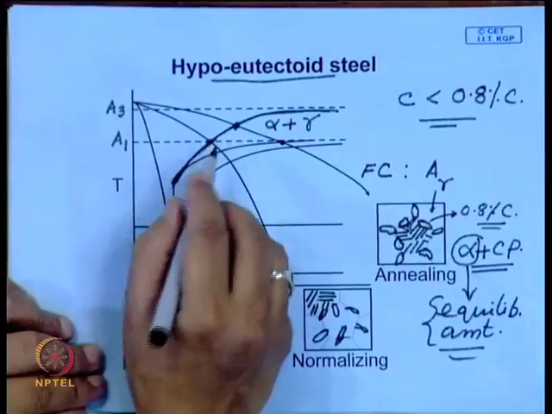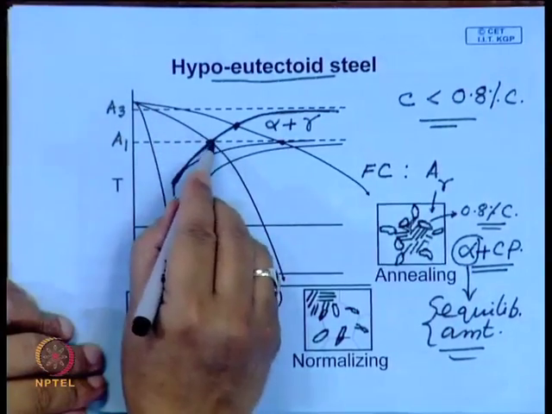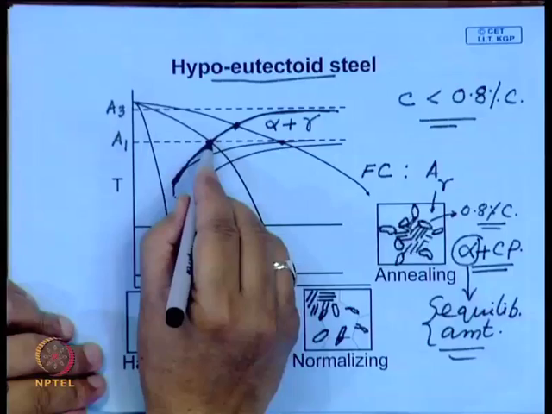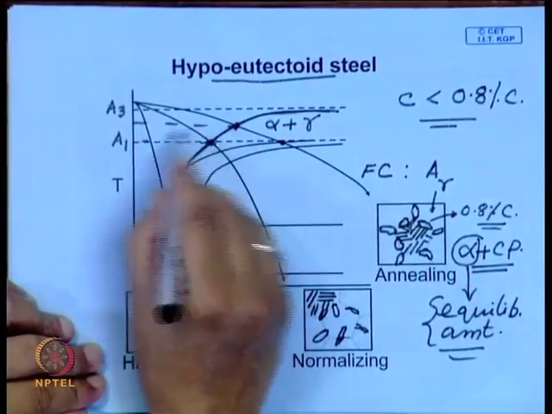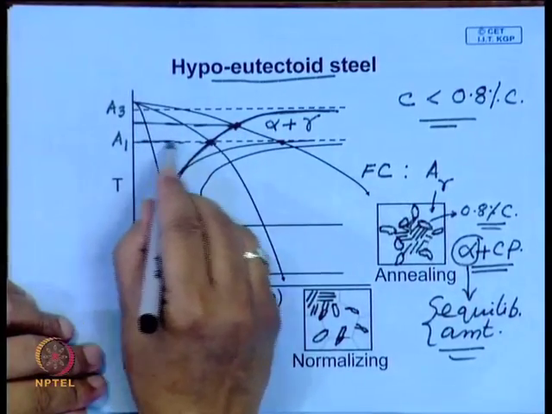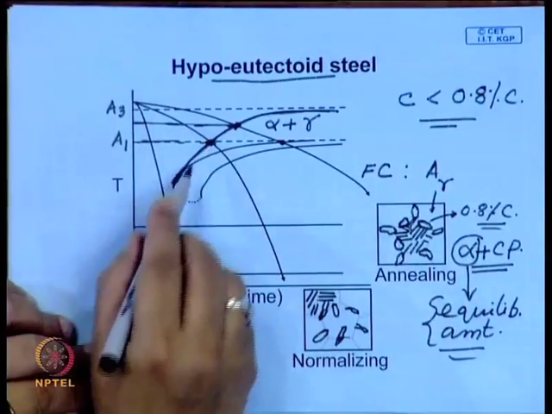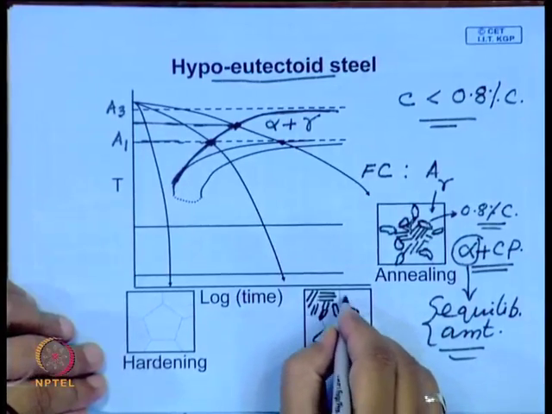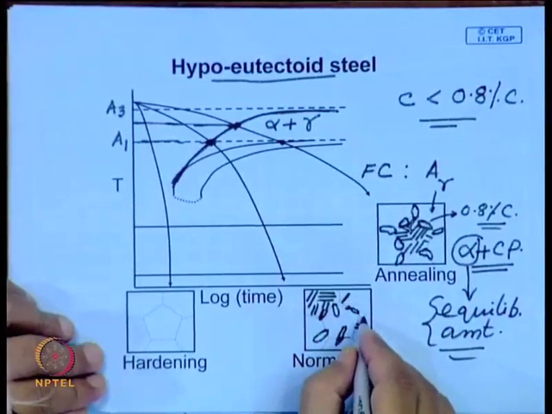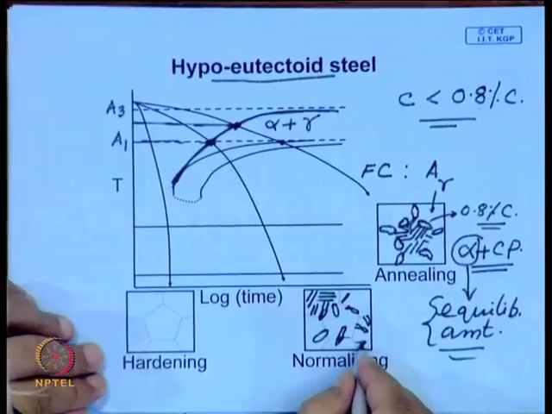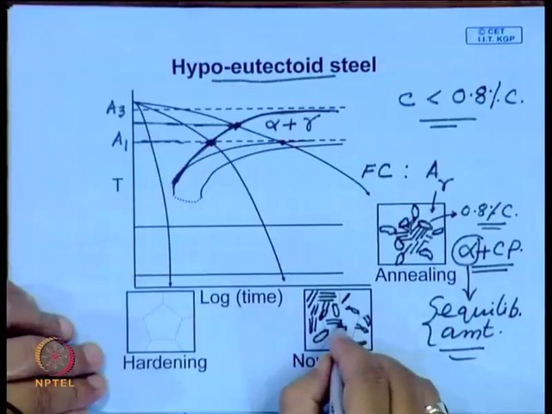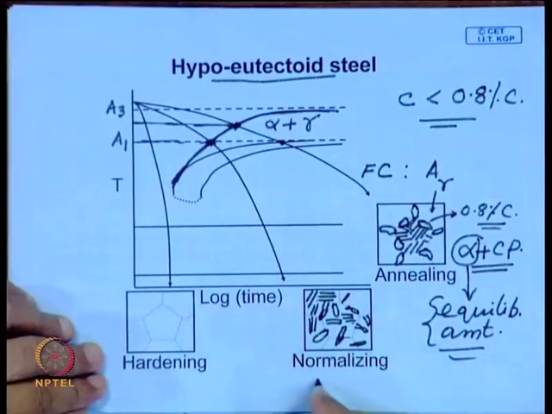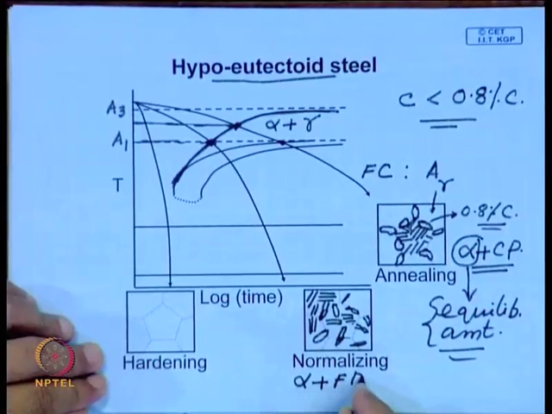Look at it here, the precipitation of pro-eutectoid ferrite takes place at a much lower temperature here, whereas in annealing it starts from around here. So, therefore, you have a higher driving force. So, you may have this kind of Widmanstätten ferrite also forming, because the process is quite fast, and the balance remaining will be pearlite, and this pearlite will be fine. So, you will have pro-eutectoid ferrite plus fine pearlite,